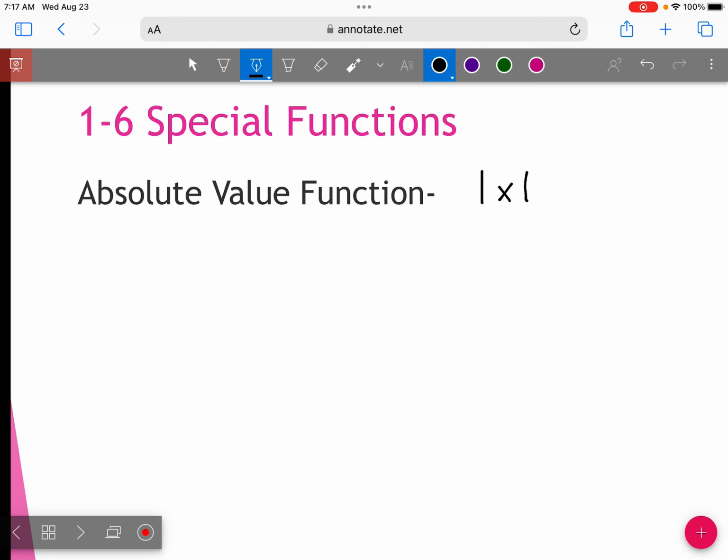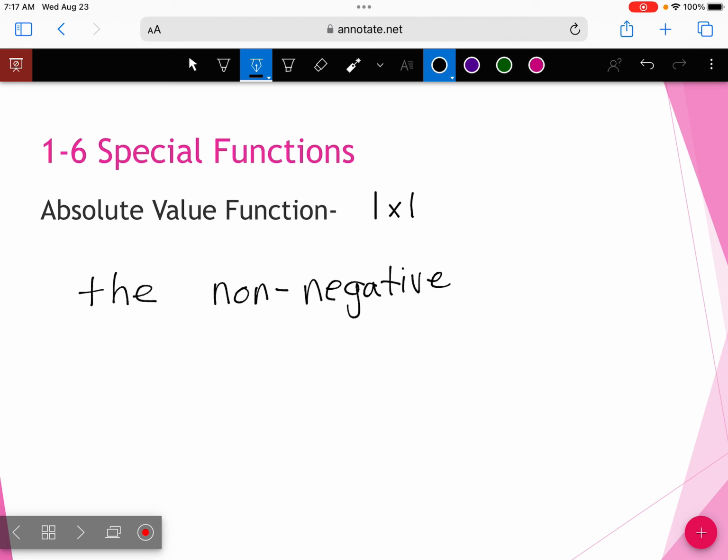And the way we word it is the absolute value of x is the non-negative value of x. Non-negative value of x. The way that it works well for me to think about it is like a Fitbit